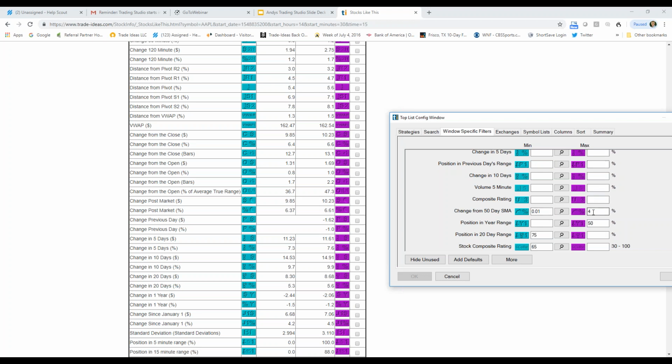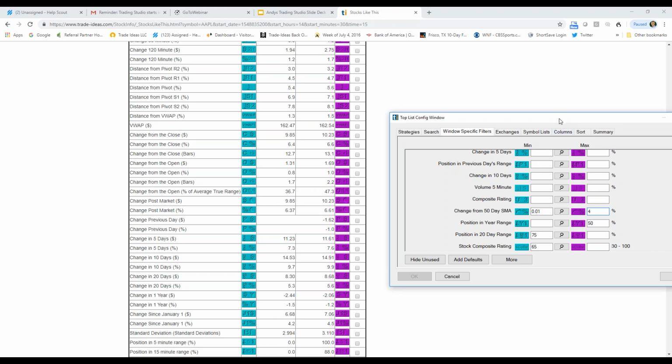minimum, and the max, I put 4% because when I first ran this, I did not have a max on the 50-day moving average, and I was getting things kind of well above, kind of missed the boat, you know. And you can play around with this when I show it to you and put different values in here. I think it'd be wise to do.